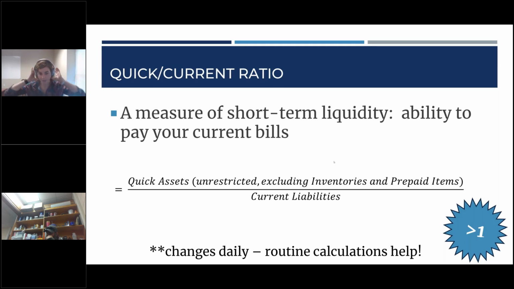But if you wanted to calculate this, the way that you would do it is to look at your quick assets, so your unrestricted items, including your inventories and prepaids, so all of those current assets divided by your current liabilities. And this tells us, with the current assets that we have on hand, if our current liabilities came forth and said we need all of our money today, could we pay them back? And so the number that we're looking for is greater than 1, right?